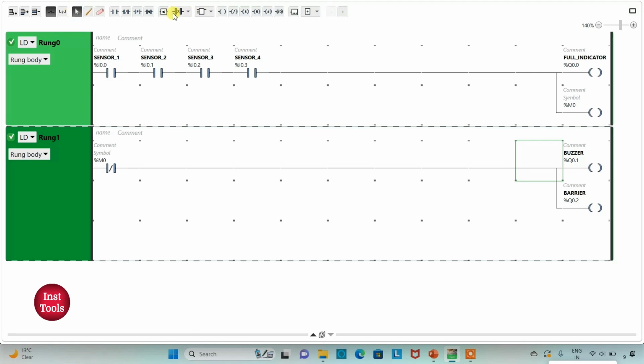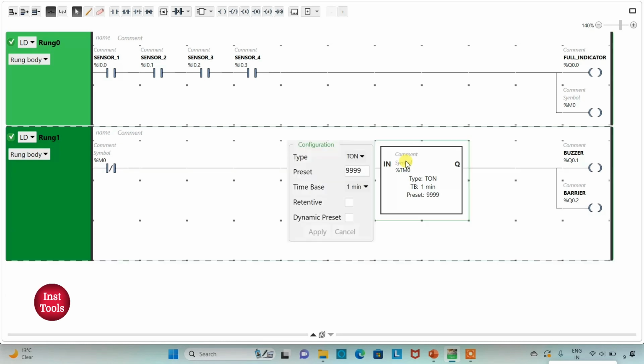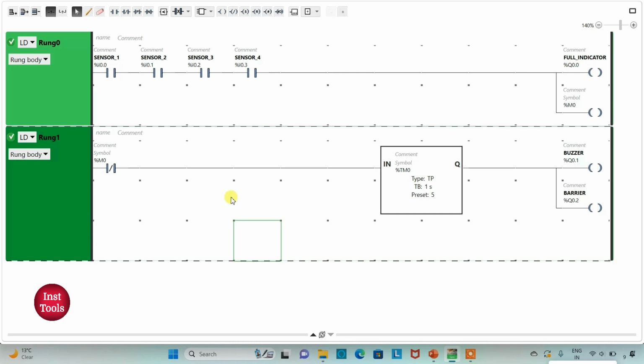And then I will use a timer, and that should be TP. And I will change time base to 1 second and preset value as 5. Yes. So when all the spots are filled in the parking garage, that means if there is no vacant slot